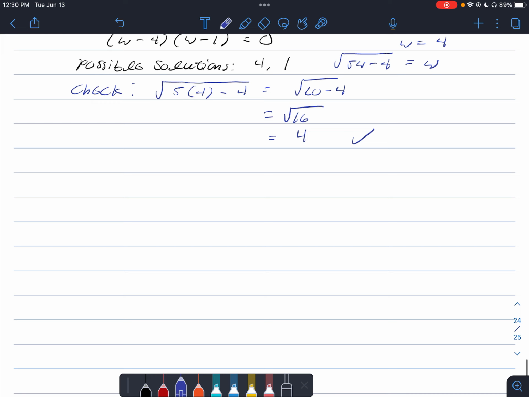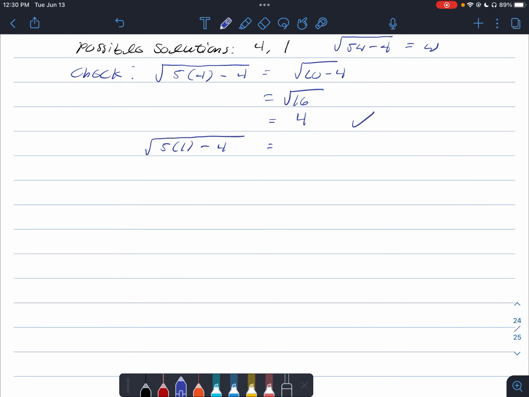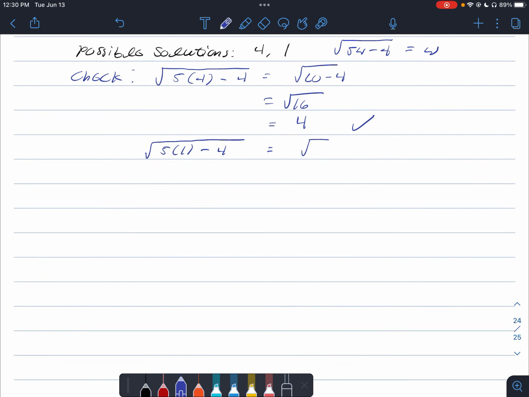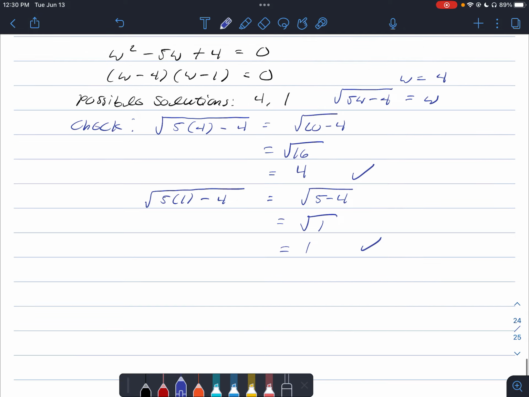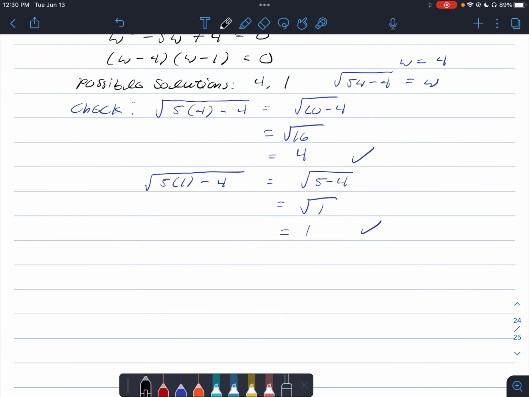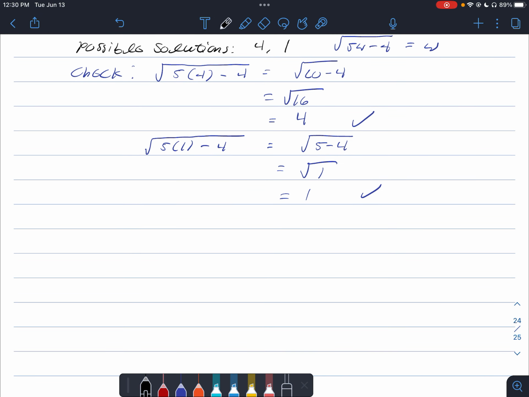So let's check for w equals 1. We'll have the square root of 5 times 1 minus 4 should be equal to 1 if everything checks out. So we'll have the square root of 5 minus 4, which is equal to the square root of 1, which is just 1. So that also checks out. So we know that our final solution is going to be w equals 4 and w equals